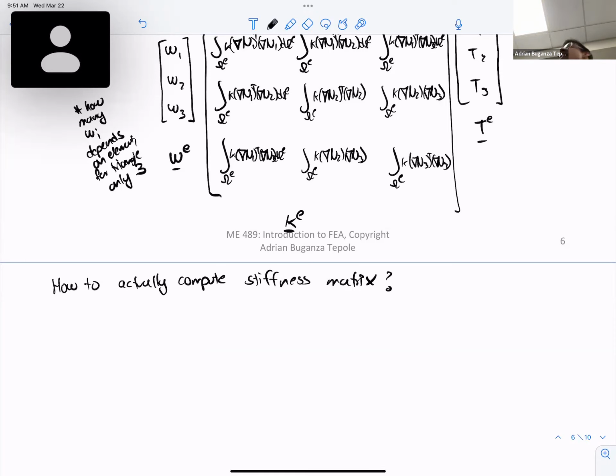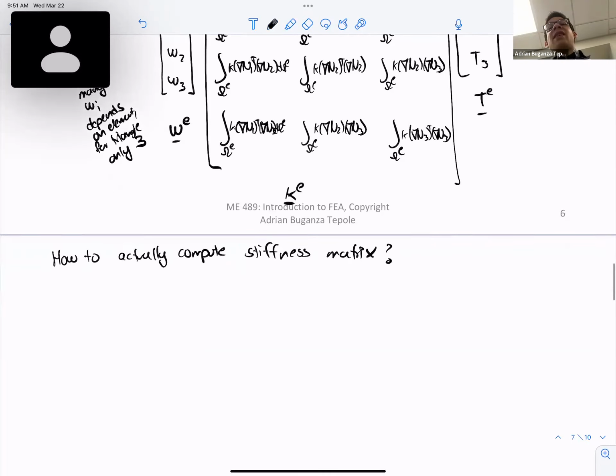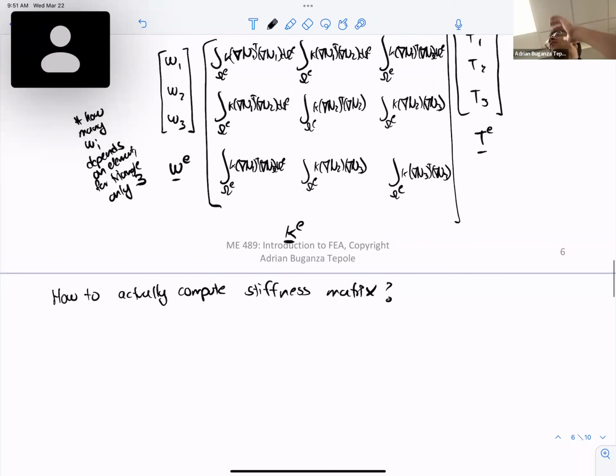But let's say that you are working with a triangle element. Like I said, for the linear triangle, because you actually have shape functions in terms of x, y, let's say that you have some random triangle, just like I was saying in the homework, with some x1, x2, and x3 coordinates,